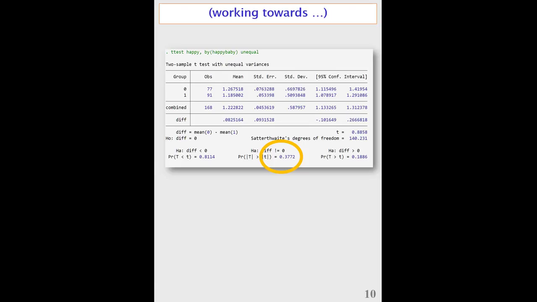Okay, let's see. This is what we would like to do immediately. So this is the t-test command that we can run if all the assumptions work out. That would be nice. T-test, happy, by happy baby, and we add the unequal option right there. That gives us quite a bit of output, including these two means that we were calculating on the previous slide, 1.27 over there, 1.19 over there, and a lot of other stuff, all of which we will go through in